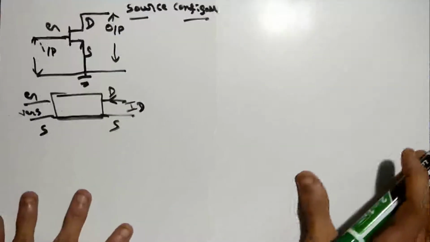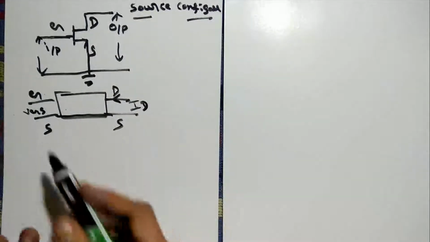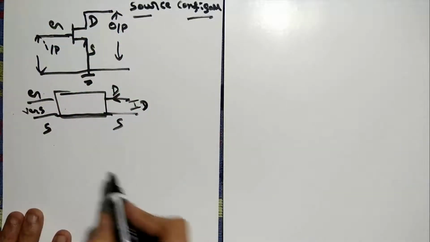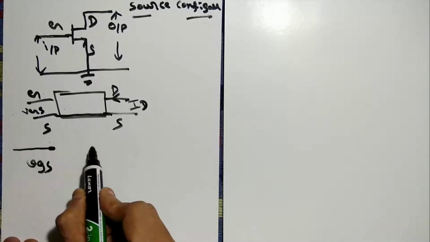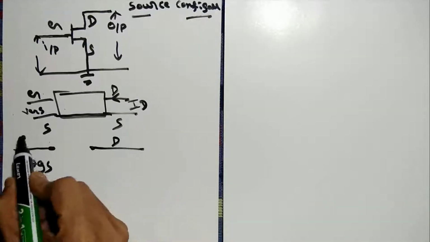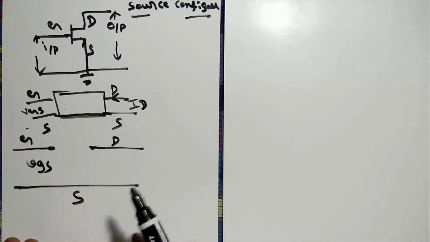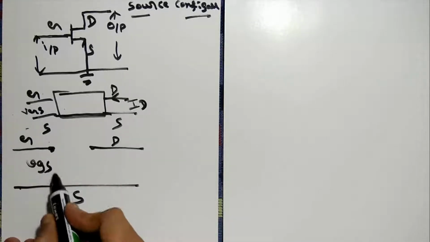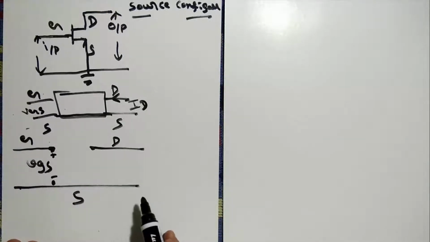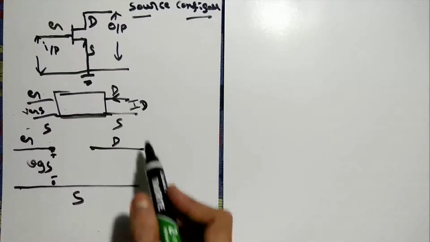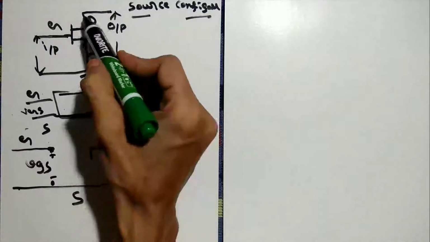So how do we represent this in a small signal model? Always represent the small signal model in the AC portion only, as I told previously. So here we can take this as a small VGS, and this portion is gate, and this portion we can take as drain. This is gate, and source is common for both the input and output. So this is the input portion, and this portion we call VGS. This is the input, and this is the output. Output we take as ID. ID is the current going in this direction, so we can represent the ID current going from drain to source.